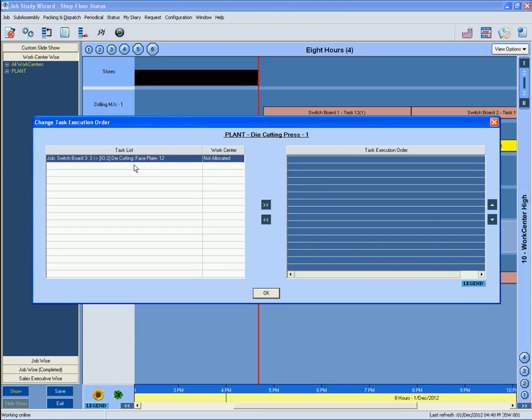Clicking this menu item opens up a window with current lineup of mature tasks shown on the left. You can right-click on any task to see other work centers it can technically be executed on and change the work center to execute this task on. You can pull the selected task or several tasks multi-selected by pressing Ctrl key to the right pane using the double right arrow button. You can then change the order of execution of task by moving it by using up-down buttons. Press OK to force the scheduling engine to follow your order.